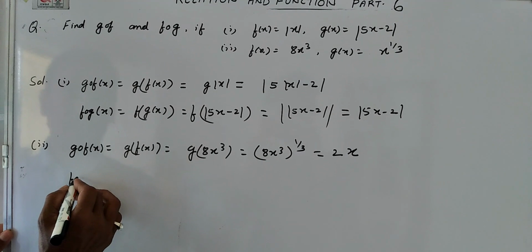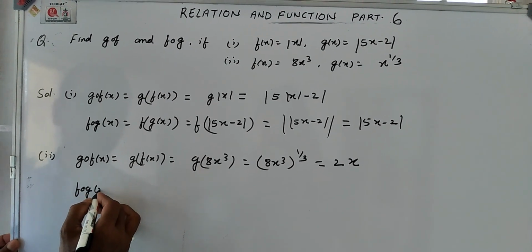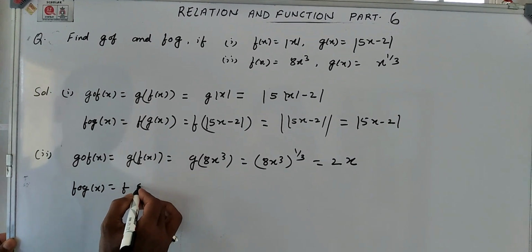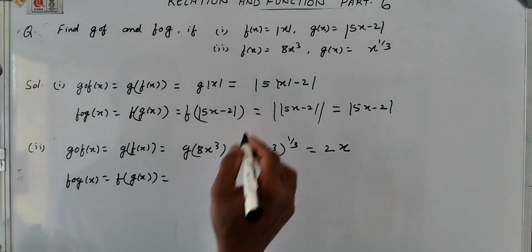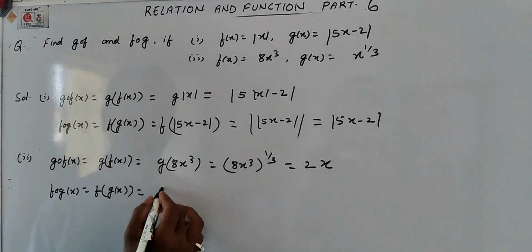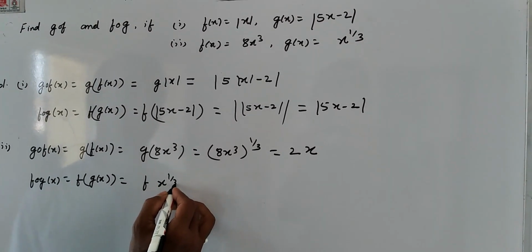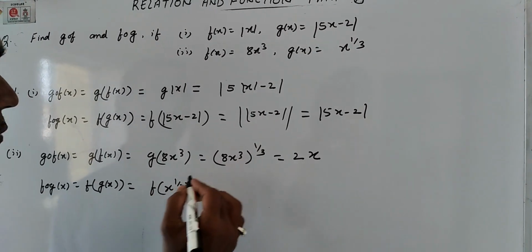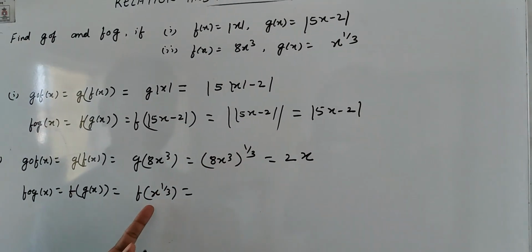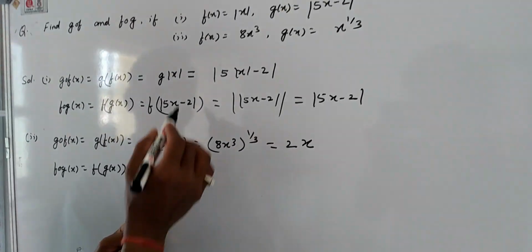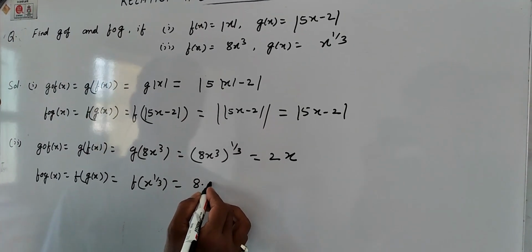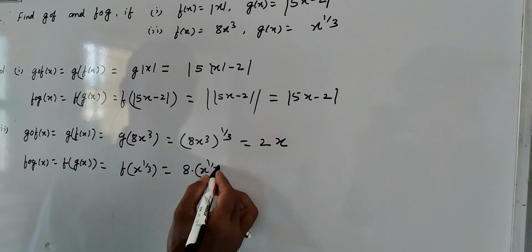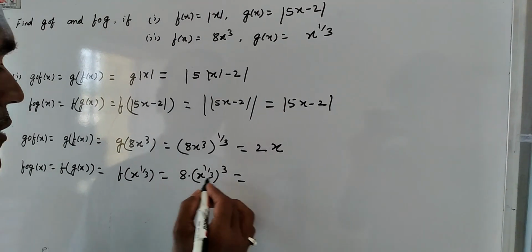Now f circle g of x is equal to f(g(x)), and g(x) is here x to the power 1 by 3. Under f you again replace x by x to the power 1 by 3. So you will get 8 into x to the power 1 by 3 whole to the power 3, that is equal to